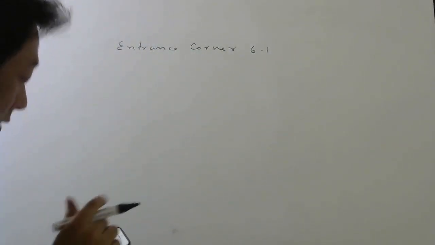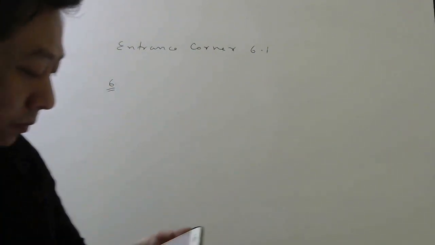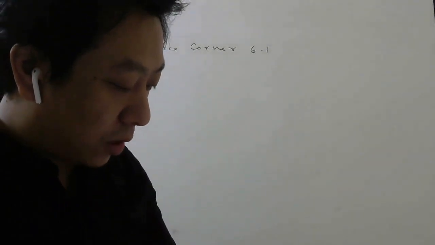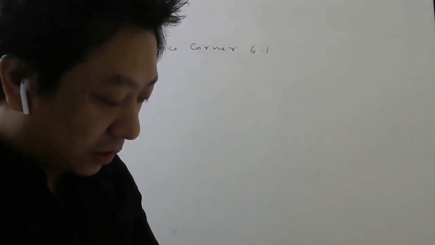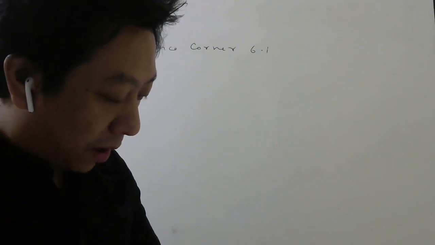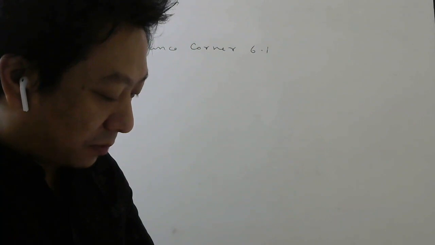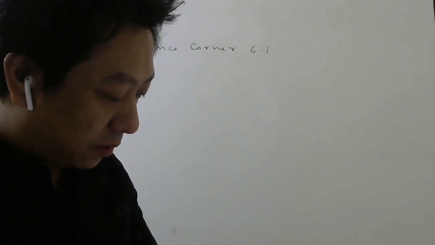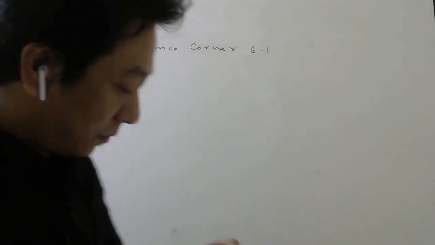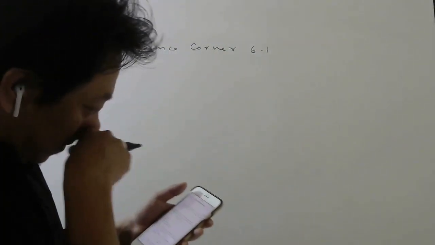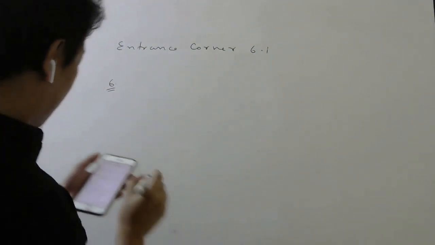See question number 6. Three rings P, Q and R are dropped at the same time over identical hollow magnets as shown below. Which of the following describes the order in which the rings P, Q and R reach the bottom of the magnet? So the magnet should have been a little thinner, okay?